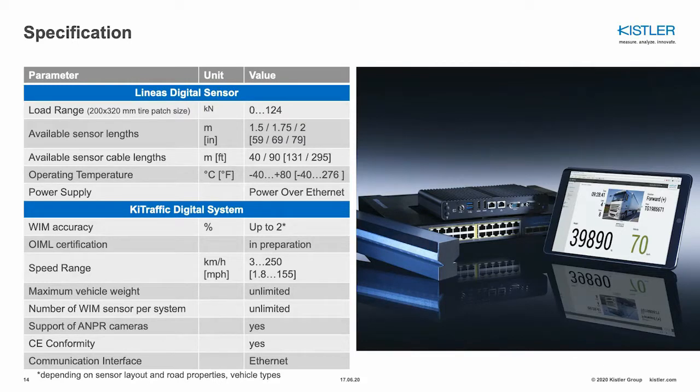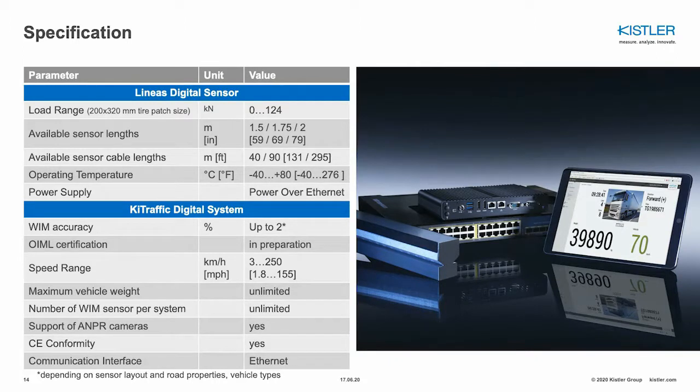The sensor layouts, the road properties, vehicle types, and you have many different ways of how you can specify accuracy. With the data we have so far, we have good data to show that 2% accuracy is achievable. The EUMO certification to prove accuracy according to a defined standard is in preparation and will be presented to you